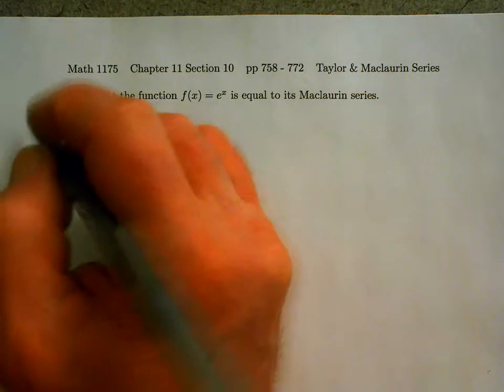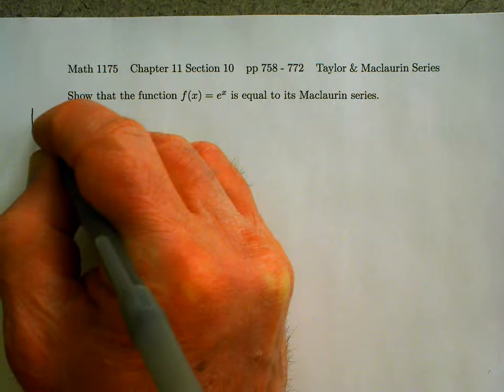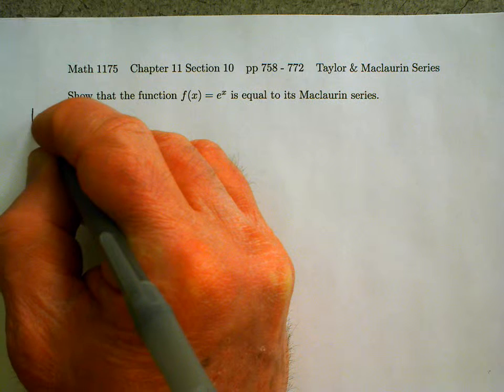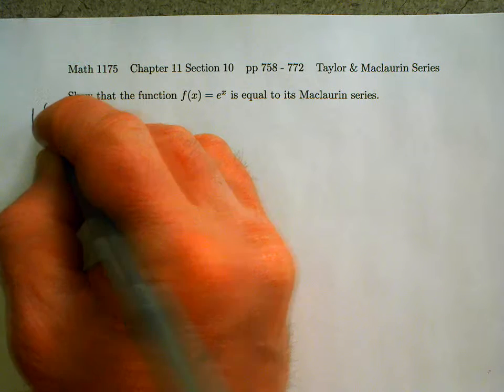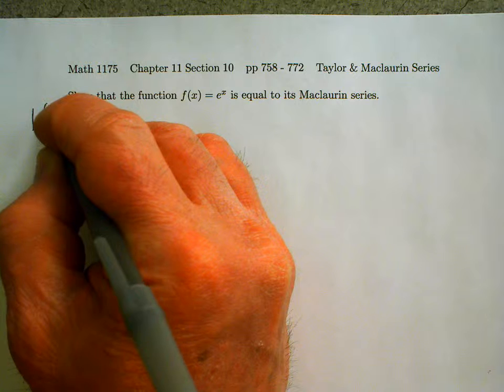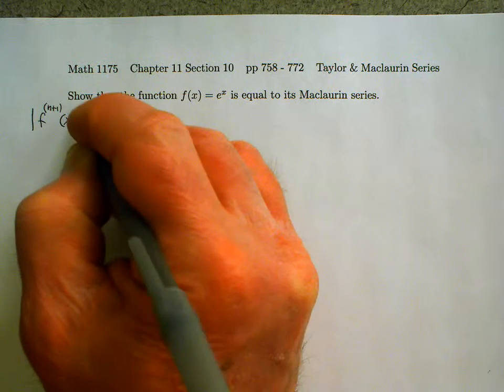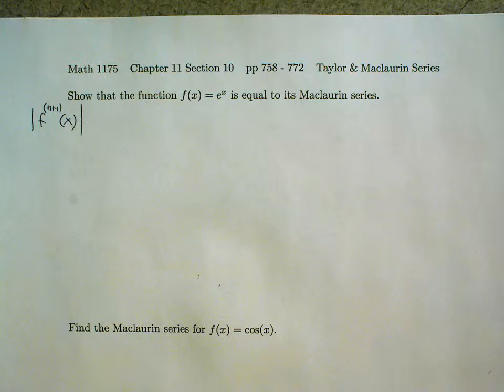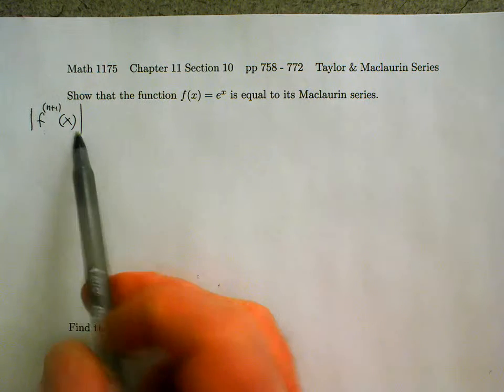Well, we know that the absolute value of the n plus first derivative of f of x equals e to the x